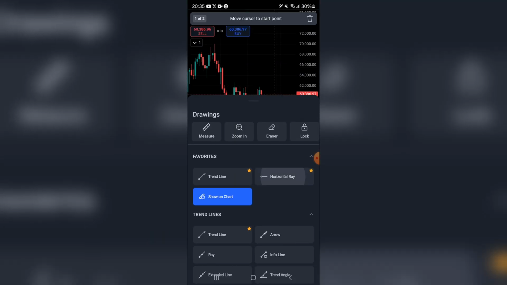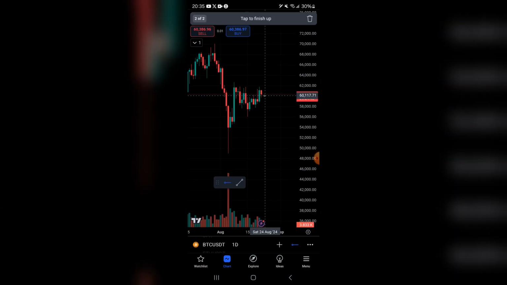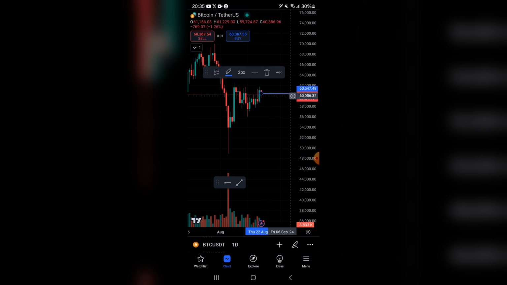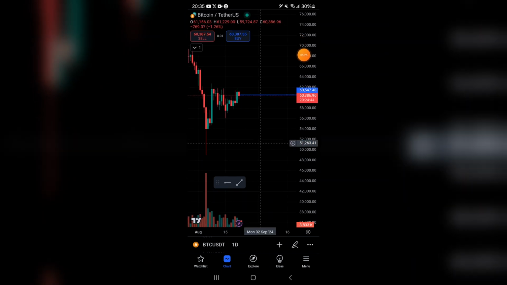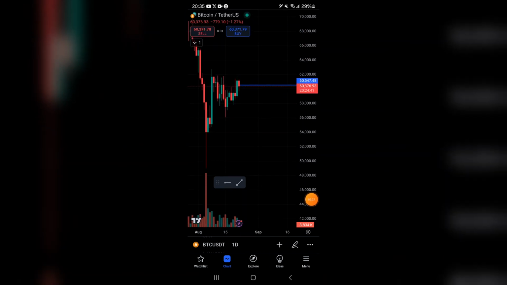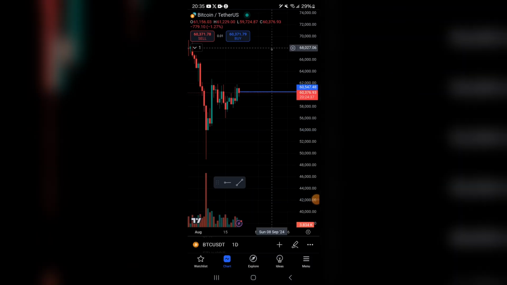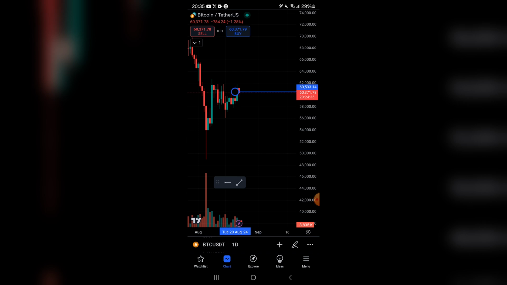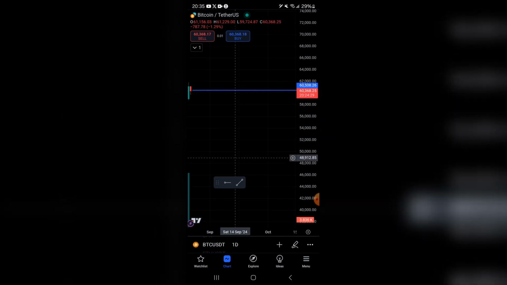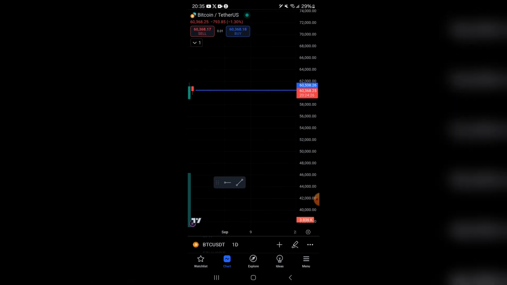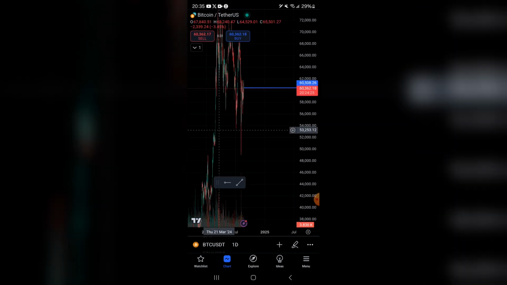I think the most important one that I'll be talking about is using the horizontal ray for starters. Oops, I didn't mean to drag that. And that can be what you use to track where price has gone. So you can pick it up and you can move it and drag it around. It will scroll forever off to one side, but it won't go any further back